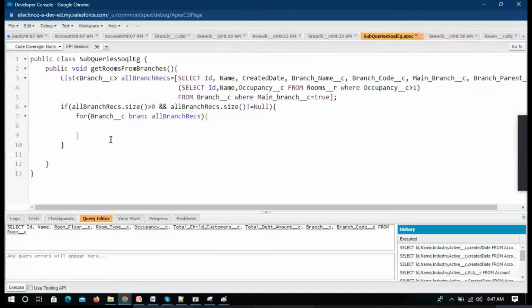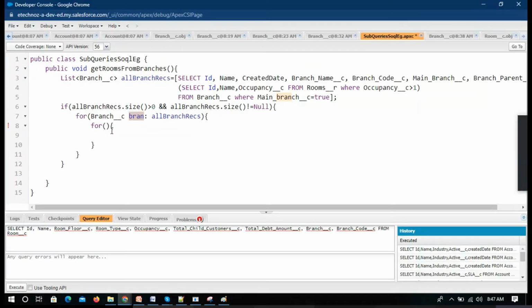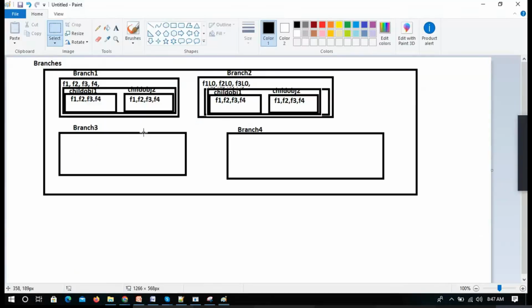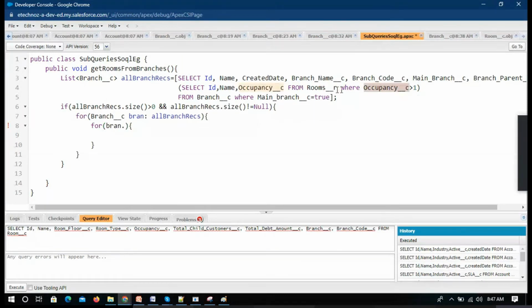Now, what is the reference here? Till this, the reference is a list and the individual item we have is branch. But from here, branch one is the reference, and here bran is the reference. Bran is connected with which object? It is the related object name, and the related object name here is rooms. Bran.rooms__c is again a list of all rooms